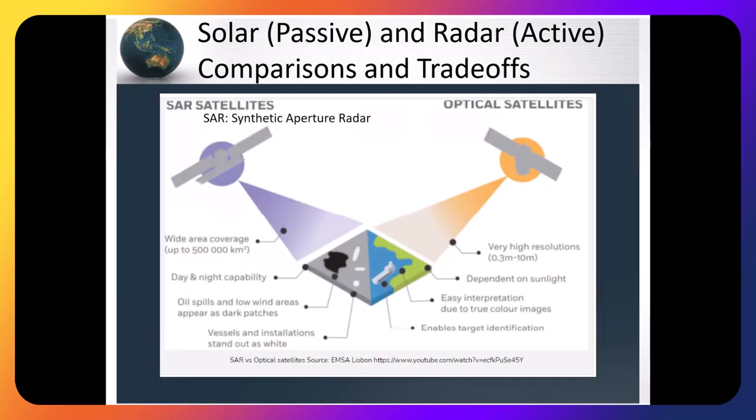Just to bring a little bit more comparison of the trade-offs between passive solar, and in this case, active radar sensors. Synthetic aperture radar (SAR) satellites have the ability to cover very large areas. They can image day or night because they're adding the energy onto the ground, so they're not reliant on the sun. Unlike optical satellites, which are passive, they have typically high resolution but are dependent on sunlight and are